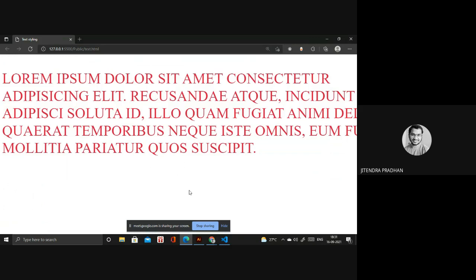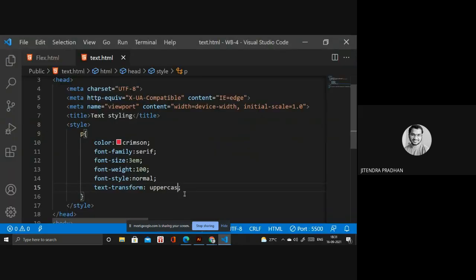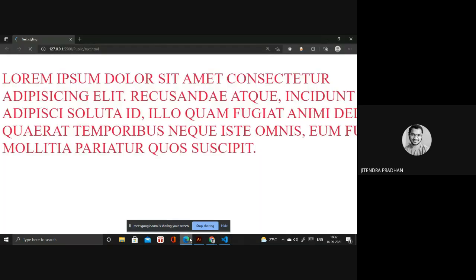Next, if you want to convert from uppercase to lowercase, you write lowercase inside that and it changes automatically. Done.